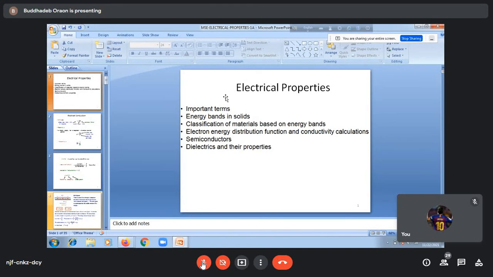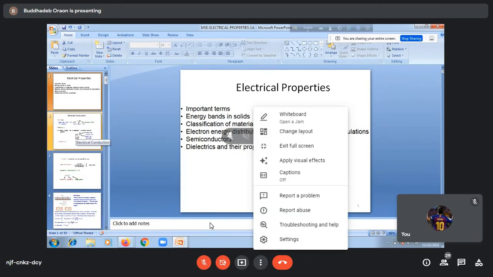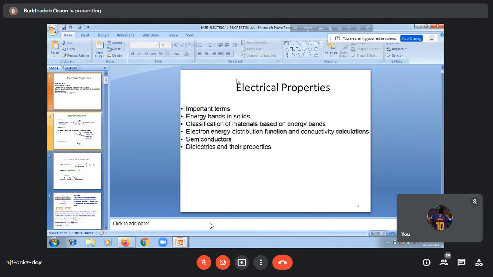So today we'll start with this topic, electrical properties. Now, some of the basic concepts we'll discuss, some of the points I have noted here. You have been taught about the electrical properties of materials to some extent at plus 2 level. And here we'll just glance through all those basic points, and then some of the concepts we'll discuss slightly in